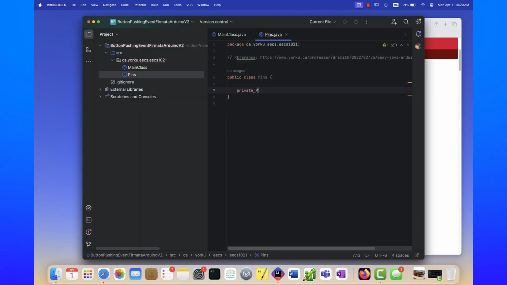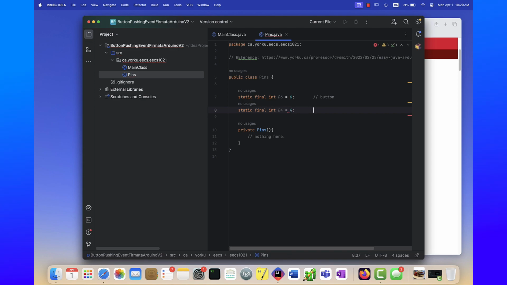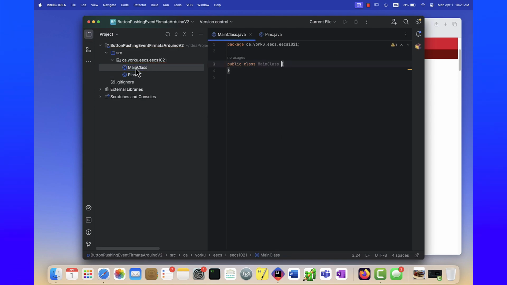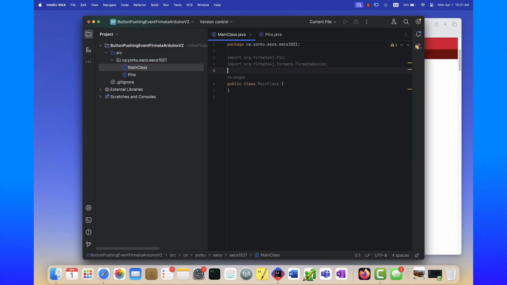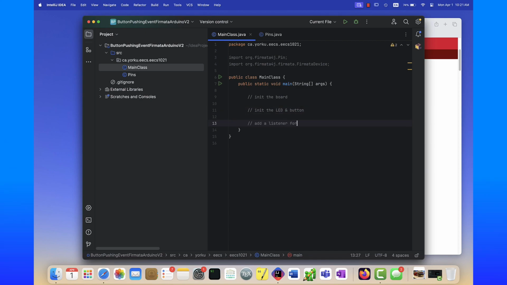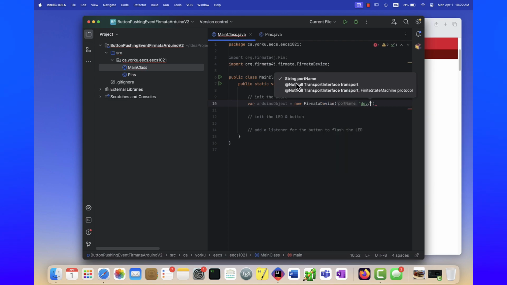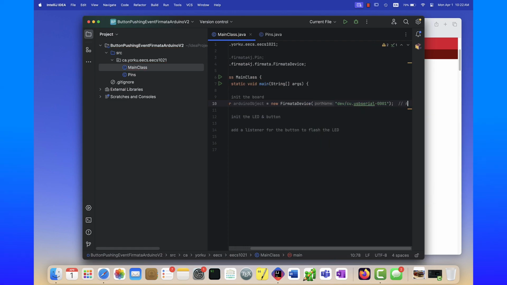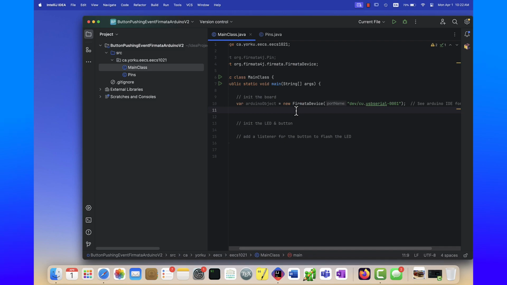I'm going to reference my blog page here with all the constants that are necessary. So D6 and D4 for the button and the LED. Next up, the main class where I'll import the two Firmata for Java classes. And then my skeleton. So the three steps that I want to go through, which is initialization of the board, setting up the LED and the button, and then adding my button listener,